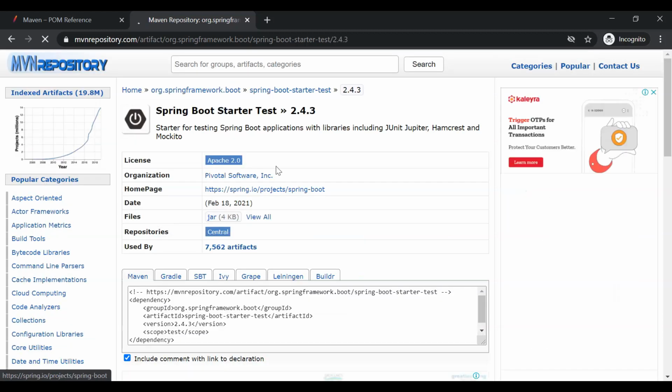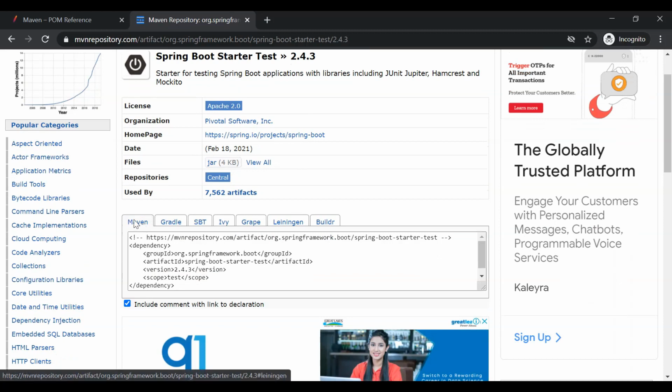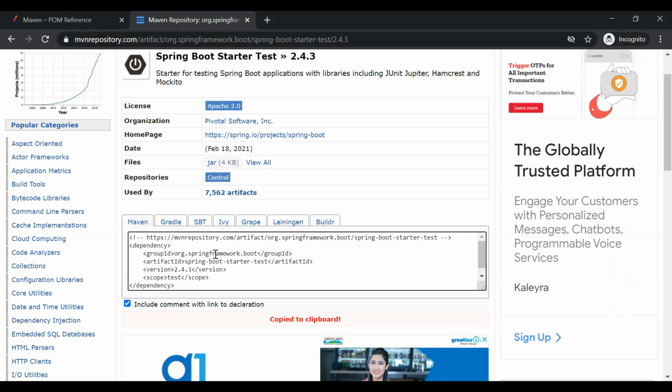If I click on this, you can see here there is a code. You can see the Maven tab, and there is code showing how you can use this particular package or application in your application. So we need to take the group ID, artifact ID and version. By using this information, we can call these packages or applications in our project. And if you observe the group ID, you can see it is org.springframework.boot. This could be the URL of the company given in the reverse format. And the artifact ID, they have named it Spring Boot starter test. And this is the version. That is how they provide it.